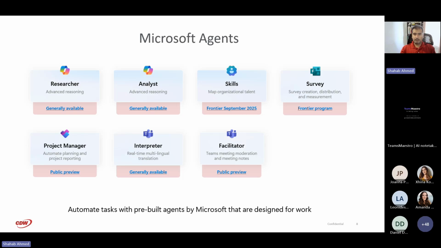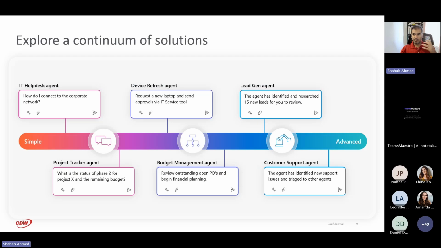Like Researcher, amazing reasoning ability, right? I use it all the time. It takes a little bit of time to get there, but it'll come back to you and you can guide it along the journey, right? So these agents already exist. You should be going out and working with them. You don't need to do anything with them. So don't be building. There are also some agents that are already there in the Copilot Studio piece.